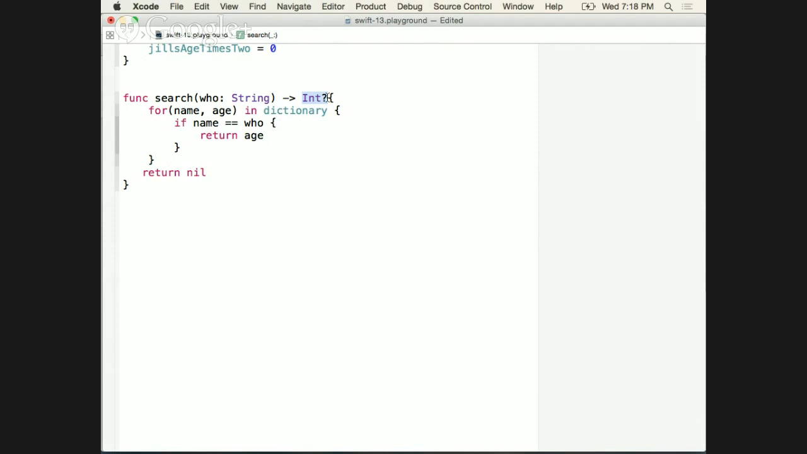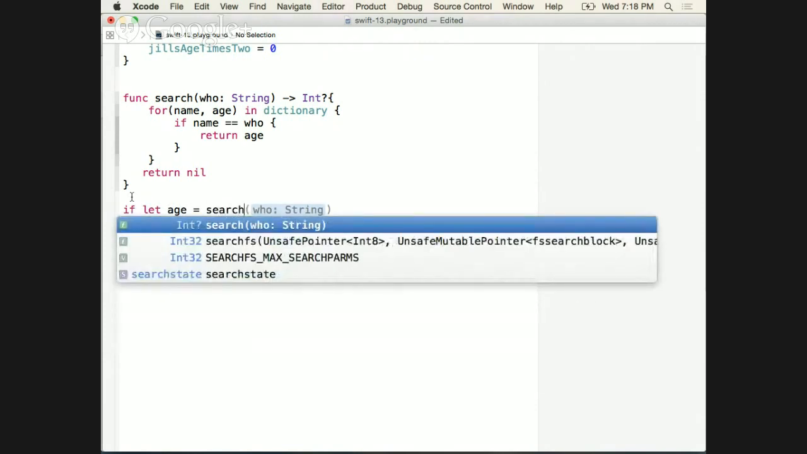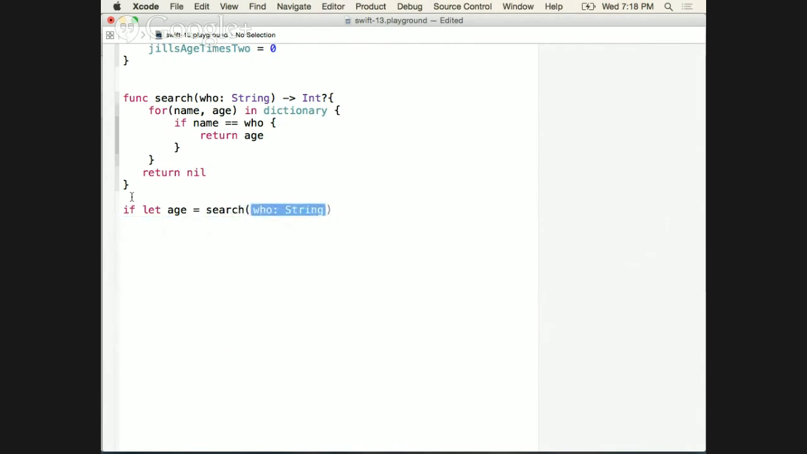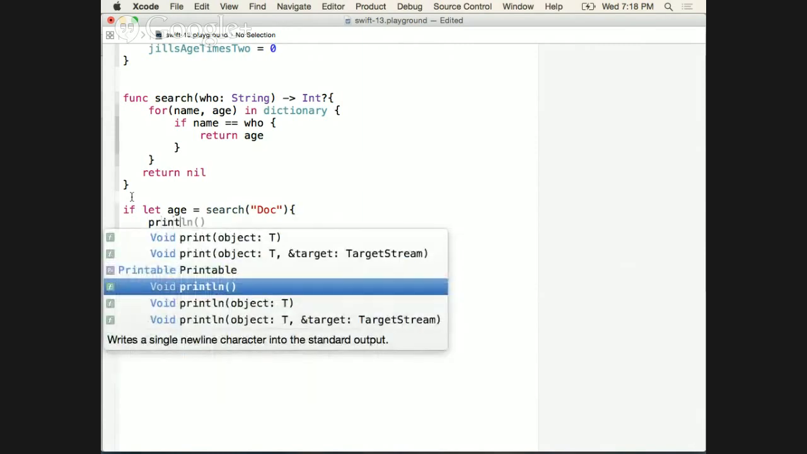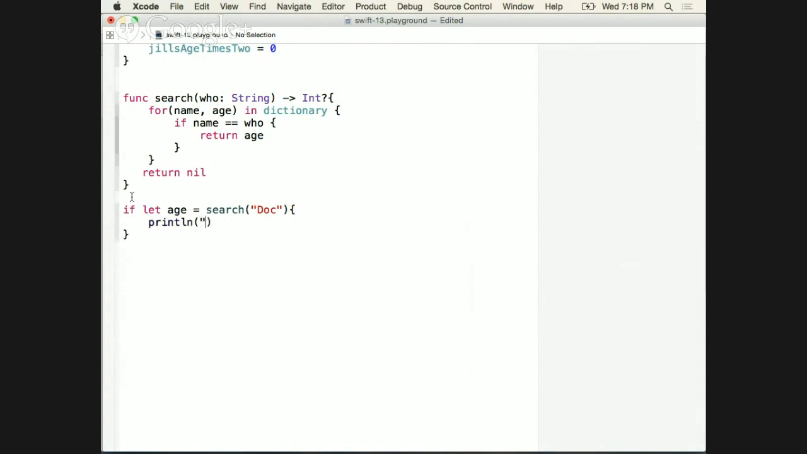Yes, to do something, we have to unwrap it. So let's do that now. We can use our if let that we just learned. If let age equals search, and then we'll pass in somebody that's not there, so doc. Then we can print line this person is